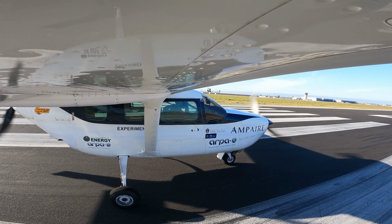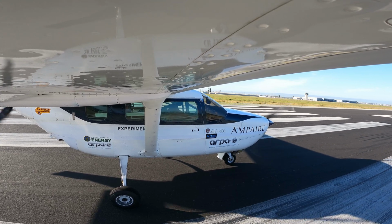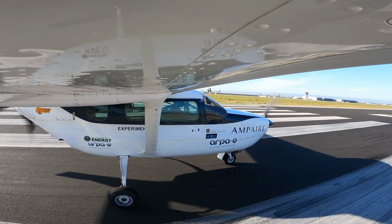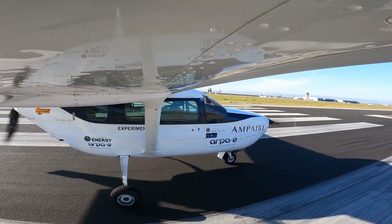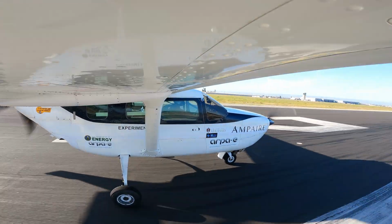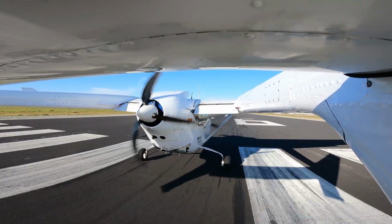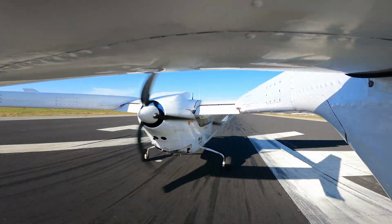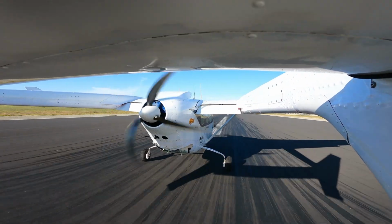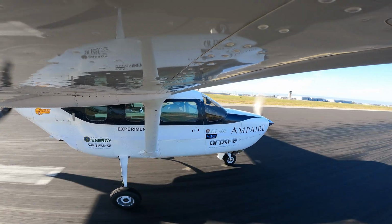Now this particular aircraft is running off of an 800-volt battery. The 800-volt battery is driving the energy into the power electronics that we developed, the motor drive, and then we're driving an axial flux motor that's turning the propeller. So there is no gearing involved here. This is all controlled by the power electronics. As you can see, the plane is about to take off here, and as it accelerates up and starts to lift off there at the airport,